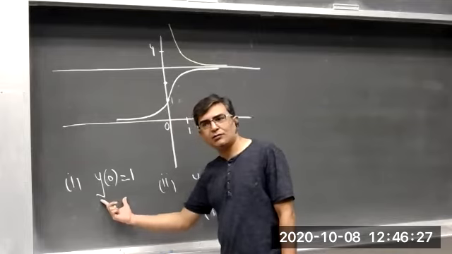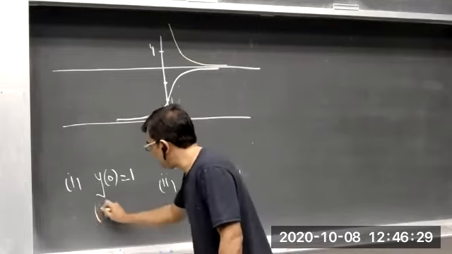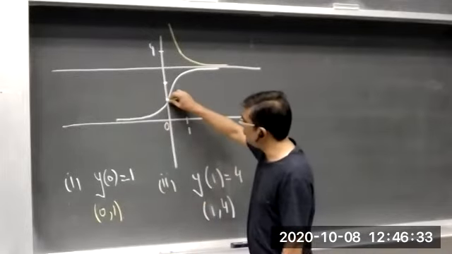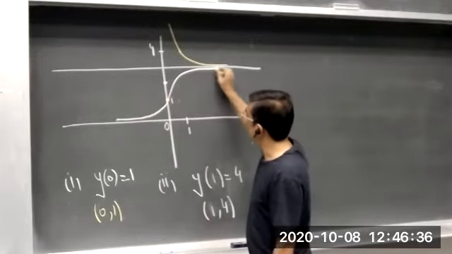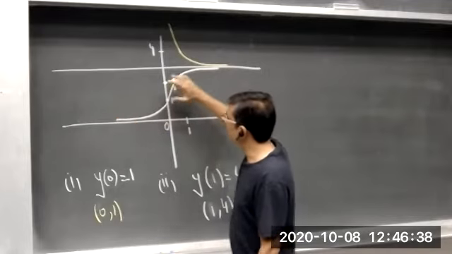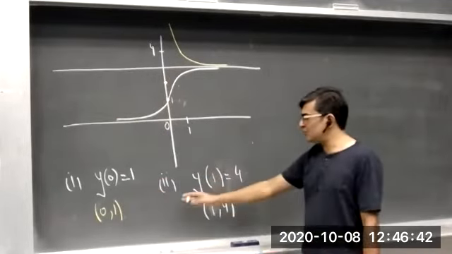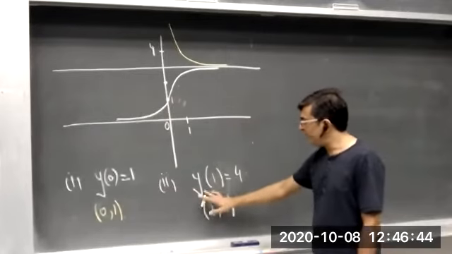अब हमने सिर्फ वो सॉल्यूशन कर्व प्लॉट करनी है जो इस पॉइंट में से पास कर रही हो, और ये पॉइंट क्या है? y at 0 is equal to 1 means it is 0 1. So the solution curve which is only passing through 0 1 point is this one, ठीक है। तो सिर्फ आपके पास ये सॉल्यूशन होगा। अब अगर मैं इनिशियल कंडीशन को चेंज करता हूं, सेकंड केस